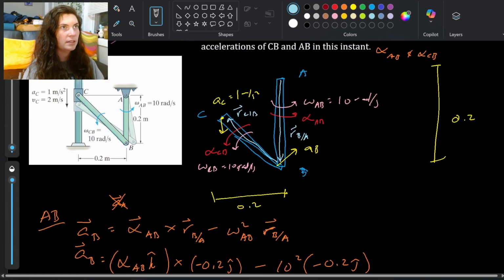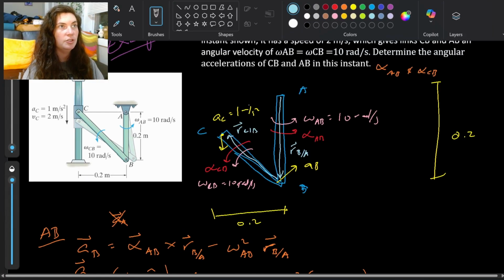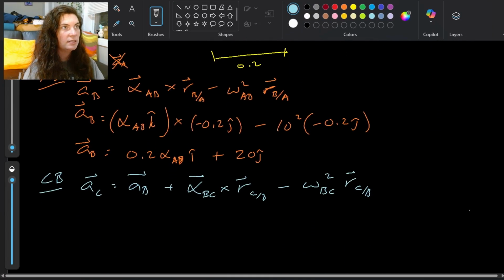So I can start plugging some stuff in here where this time I do know what that AC is. It is negative 1 J hat equals, and then I can plug in everything here from my AB,